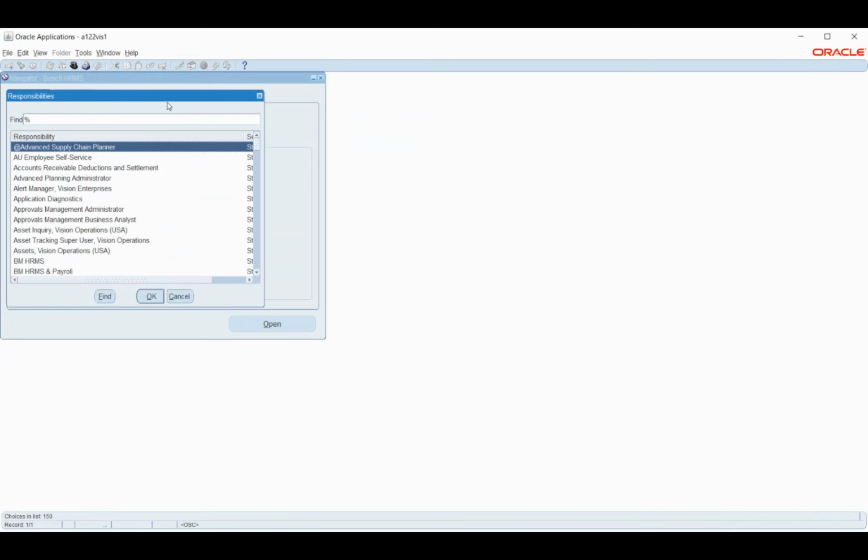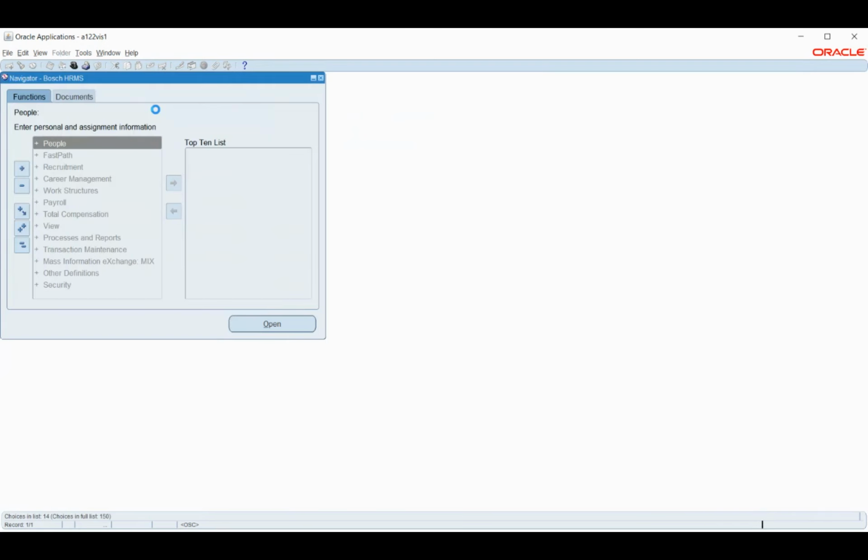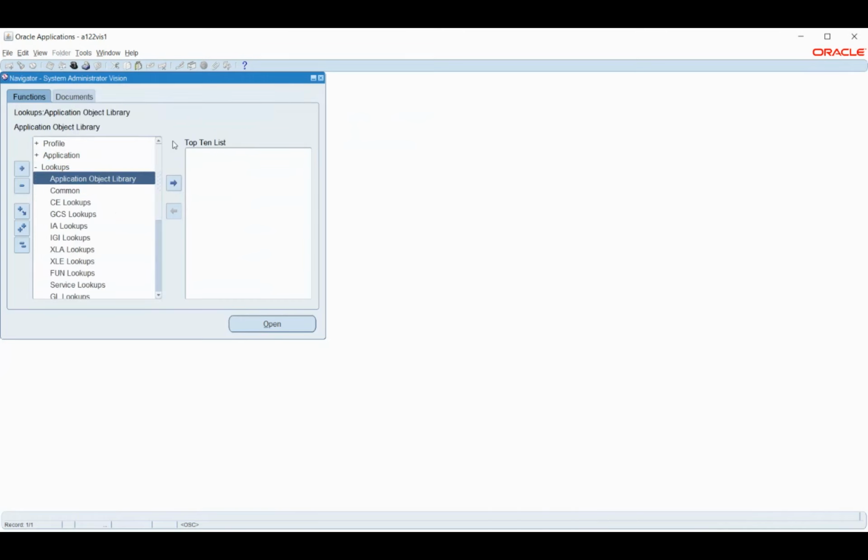I will show how we add the values, and then I will show in the HRMS application where we are using it exactly. If you see, for each one of the components we have different lookups that we can use, so each depends on the module.